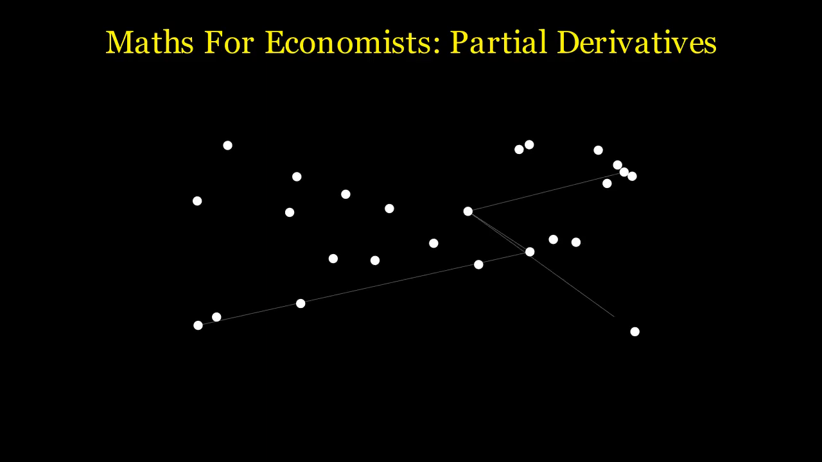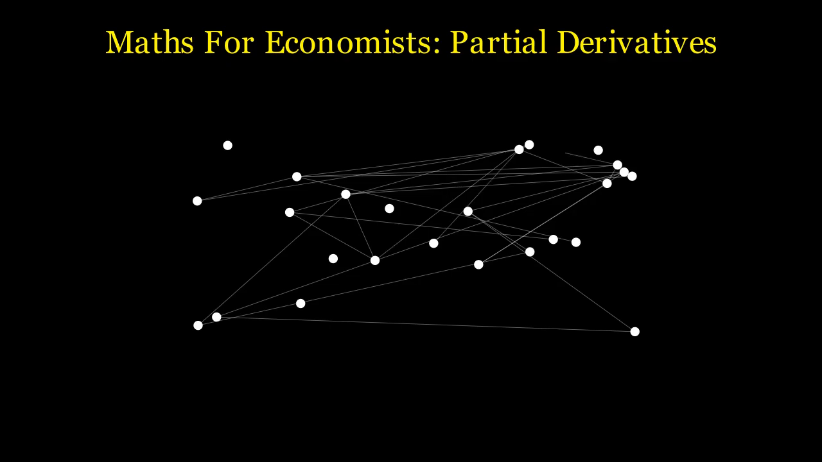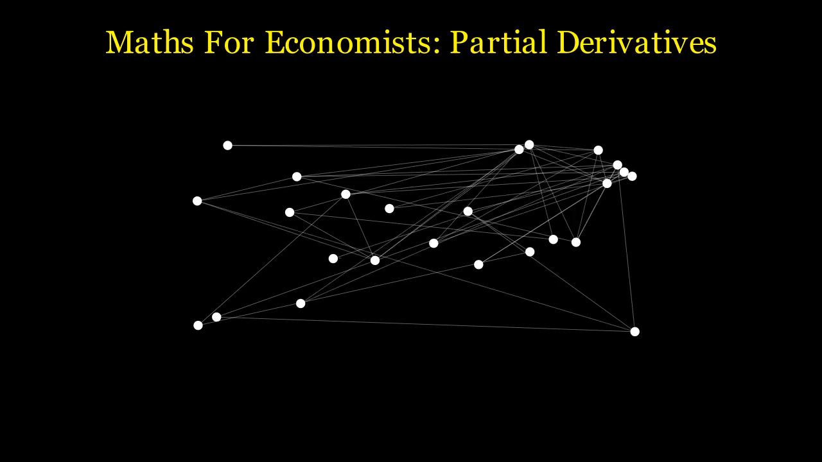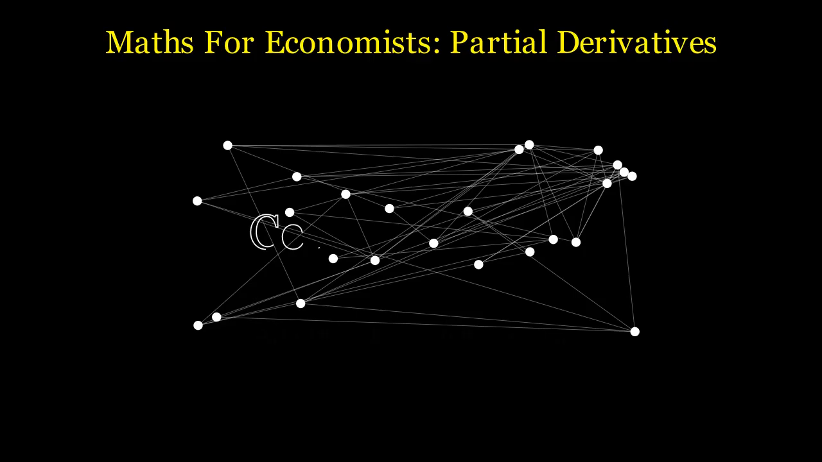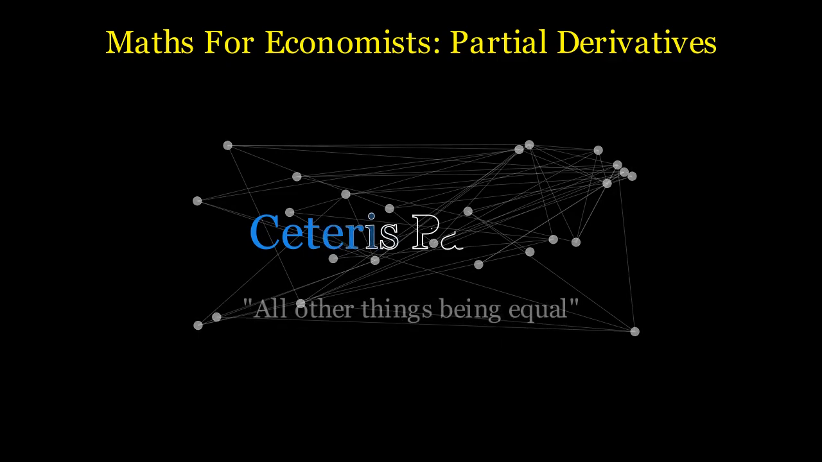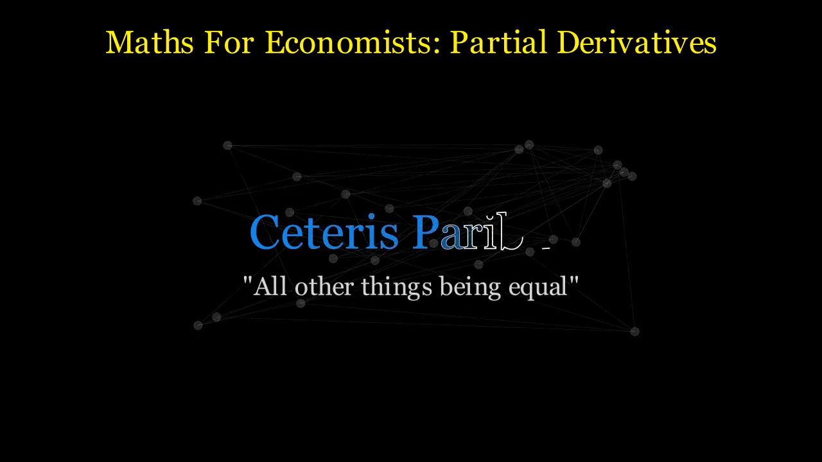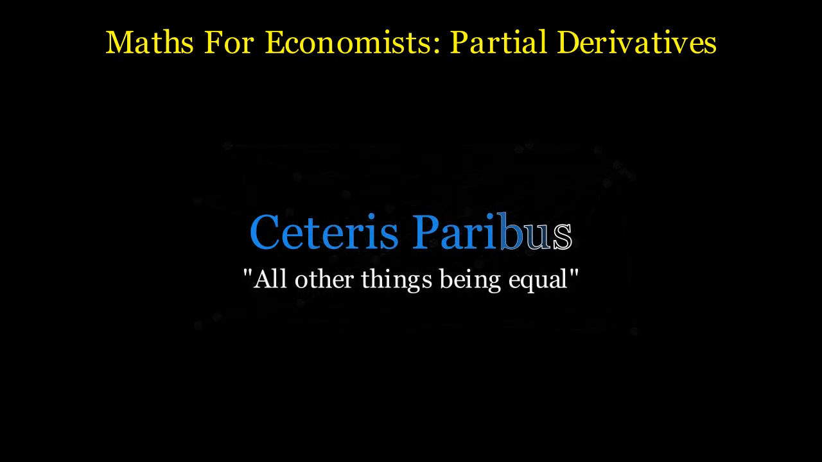Welcome to this masterclass on mathematics for economists. Today, we delve into one of the most powerful tools in an economist's arsenal, the partial derivative. In the real world, the economy is a chaotic web of interconnected variables. To make sense of it, we use the principle of Ceteris Paribus, a Latin phrase meaning all other things being equal. Partial derivatives are the mathematical embodiment of this principle, allowing us to isolate the effect of one variable while